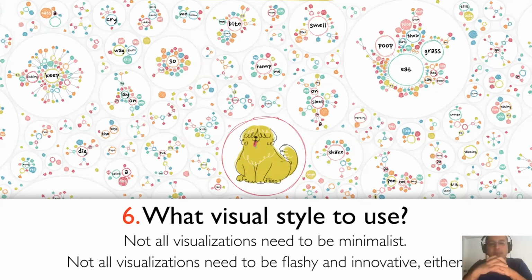But the problem with that orthodoxy of visualization is that, and I named Tufte, but I could name many other people in visualization who also advocated for that style. They conflated and confounded their own personal style with the style that should be used. And those are two completely different things. We need to be clear about that when we read about visualization.